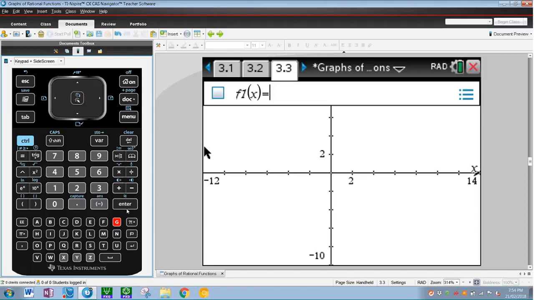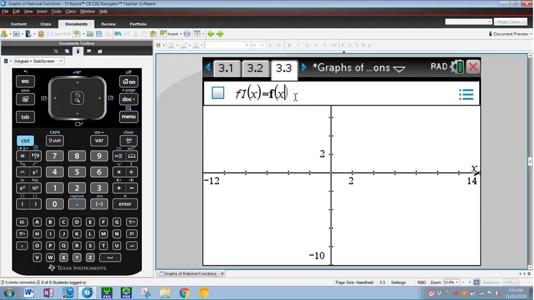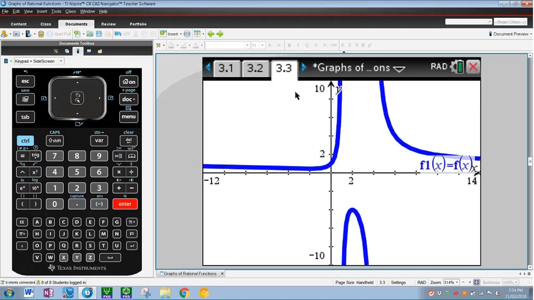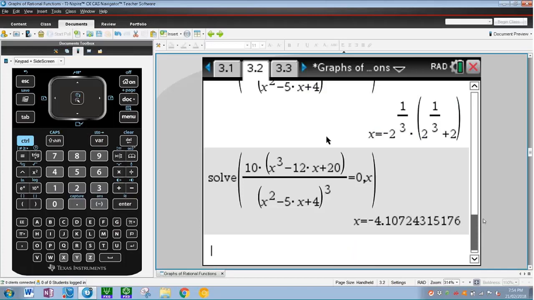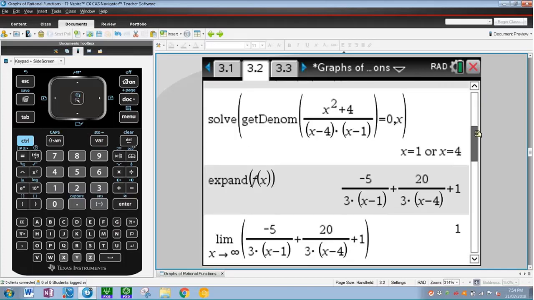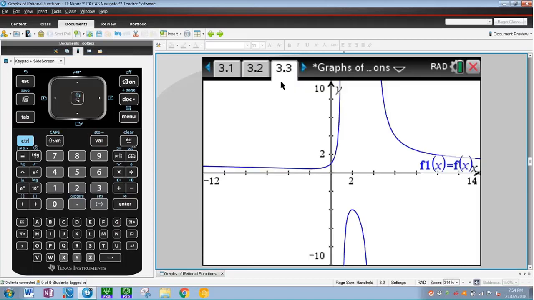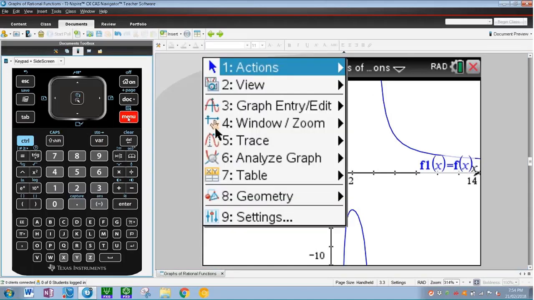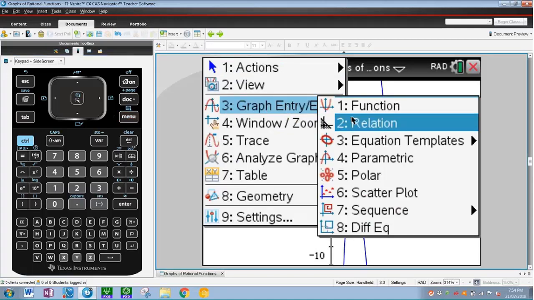Again, instead of typing out the function, we can press var, F is there, press X, and there's our function done. So now what you obviously want to do is get the asymptotes in. If you remember back from our calculator page, if you scroll back up, we had vertical asymptotes at x equals 1 and x equals 4. So going back here, what we need to do is get a particular graph entry. And you get that by going Menu, Graph Entry, Equation Templates,